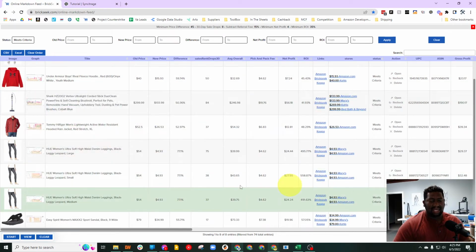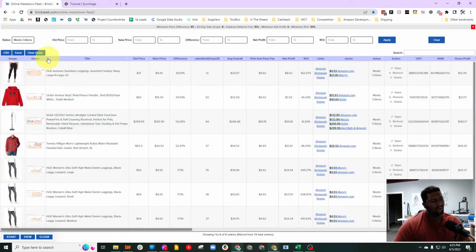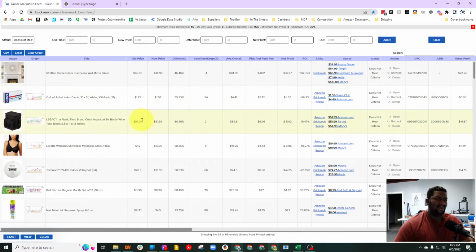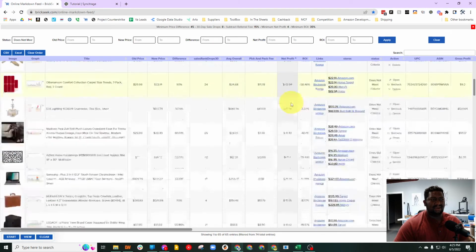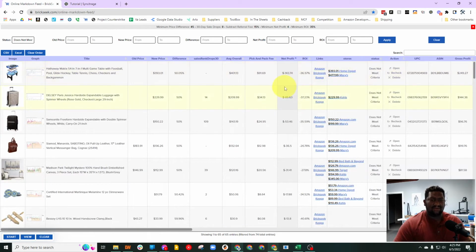So yeah, I'm typically buying off of this, meets criteria, multiple times a day. All right, so let's look at does not meet criteria. And I'm buying off of this at least once a day. So what I'll typically do is you can sort by here, and you can see there's 65 leads in this. It's basically everything else that didn't meet our criteria.